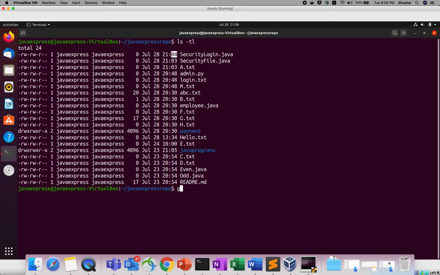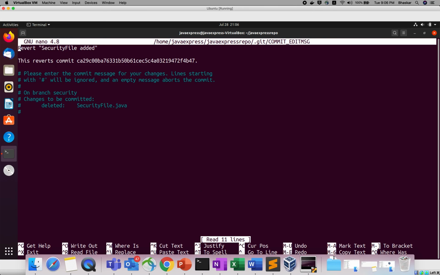Now what will happen, just observe. Now I use git revert and paste my commit ID. Now it is asking for confirmation. See, the security file commit will be reverted back. I'm giving a different message here, "removed from commits".